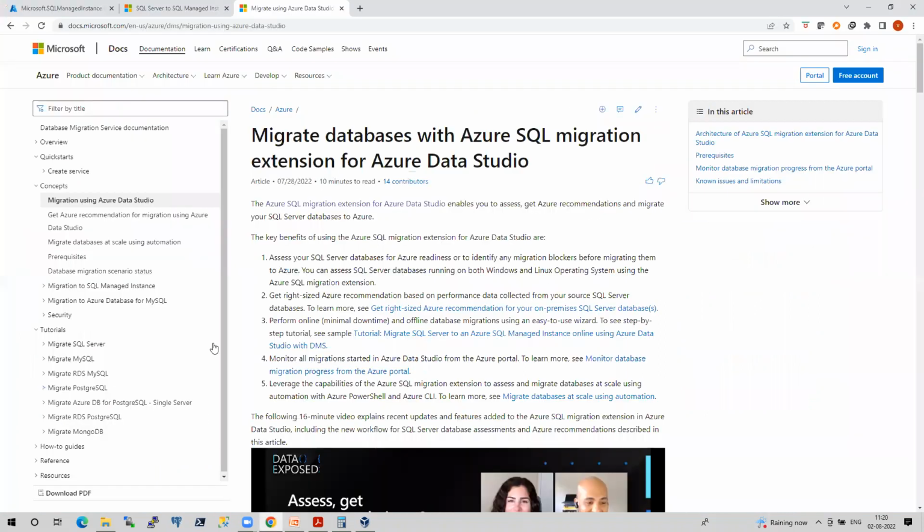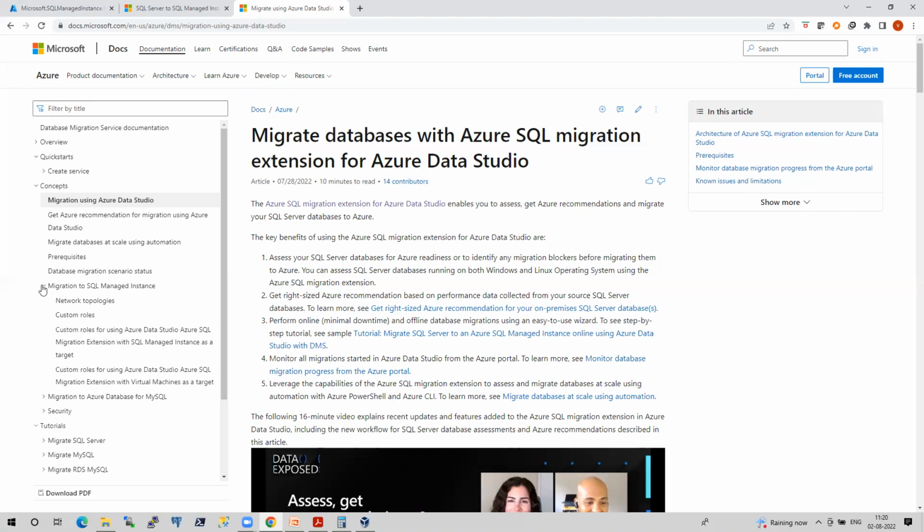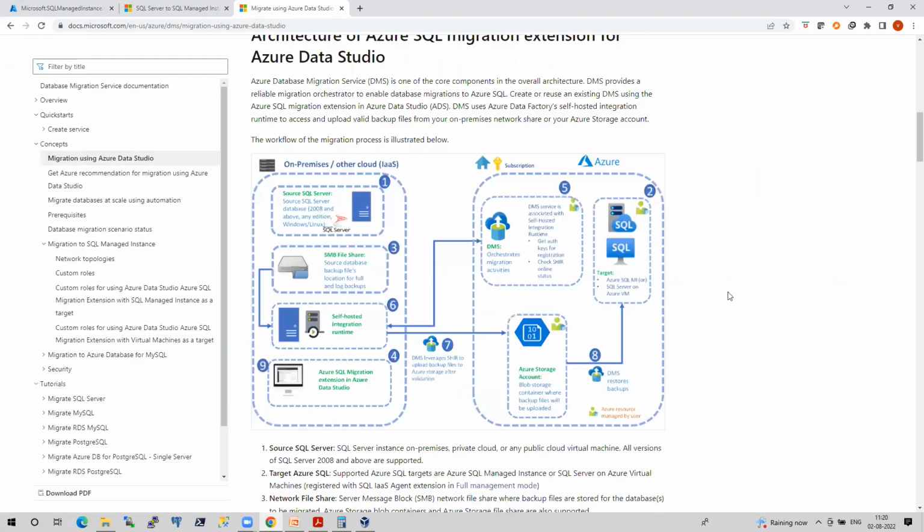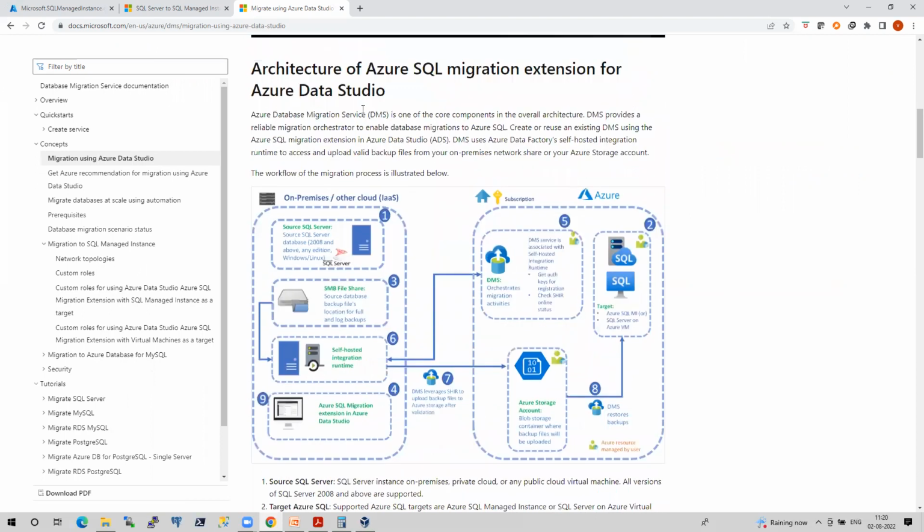And believe me, with all the different scenarios we have, there are so many things that we need to configure. After going through all these scenarios, I realized there are so many things to configure. And this is the architecture from Microsoft when it comes to migration with Azure Data Studio, guys. Have you observed these terms, like self-hosted integration runtime? I was practicing this part and was confused about what it was, and later I realized it is integrated with Azure Data Factory.